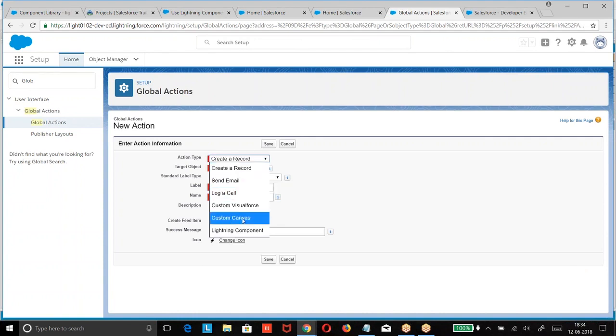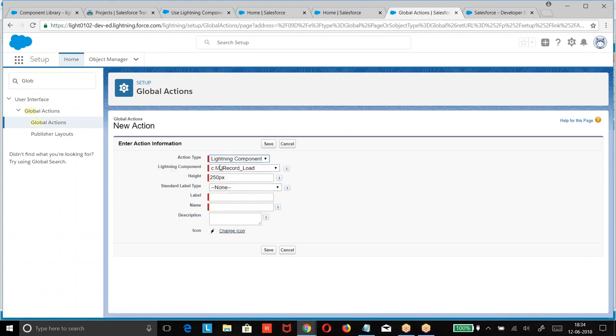Here we had custom. What is it? Lightning component. This is a custom Lightning component. Automatically, what happened here? My record load. Why only this is coming? Look at this. So whichever is implementing that action, you are going to get Lightning component, my record load.